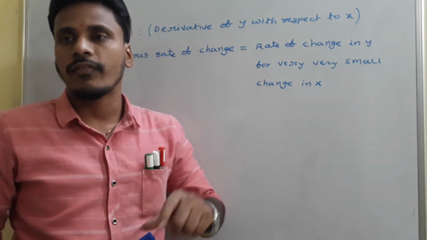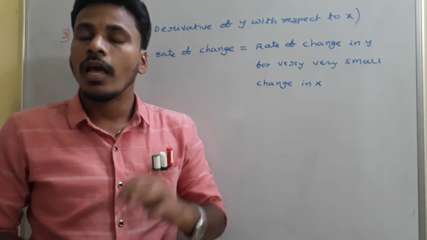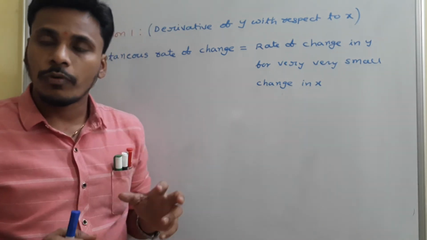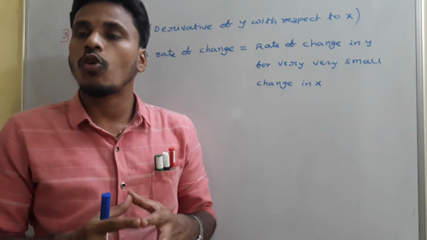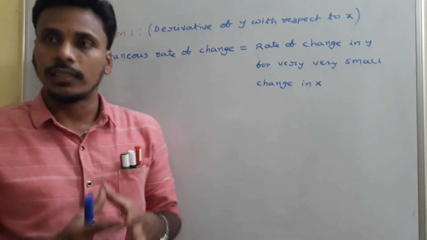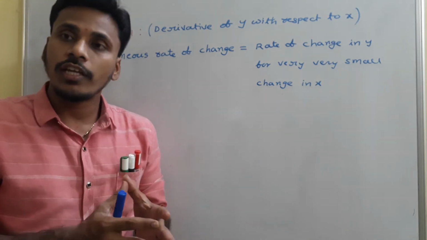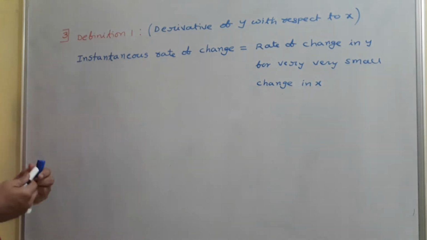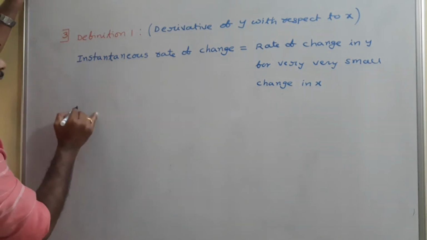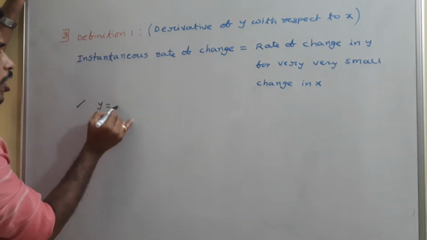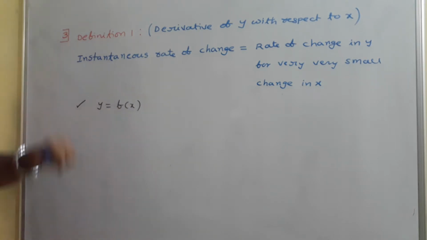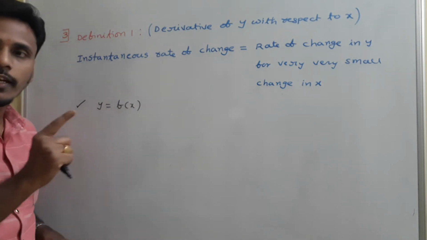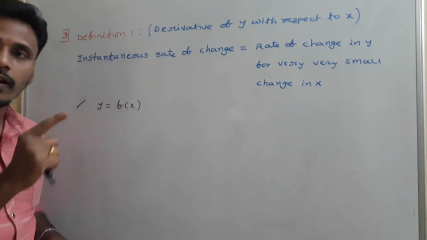Differentiability, the words and the differences we discussed in the last class. Basically, in this chapter, we are going to study the change of one variable with respect to the other. Specifically, change in y with respect to change in x. Suppose we have a function or relation between x and y, y is equal to f of x. This x is the independent variable, y is the dependent variable.